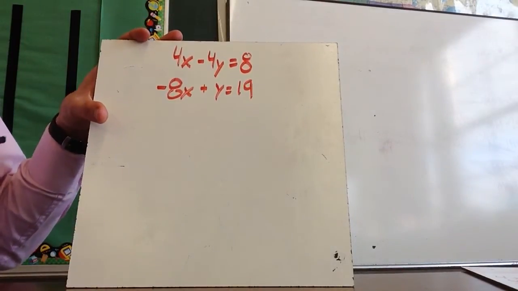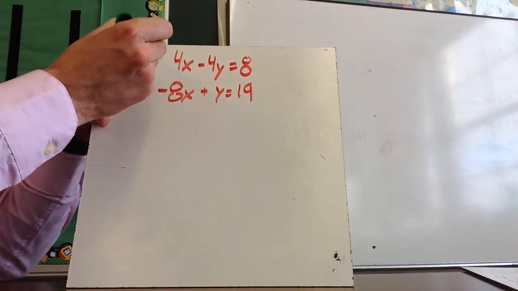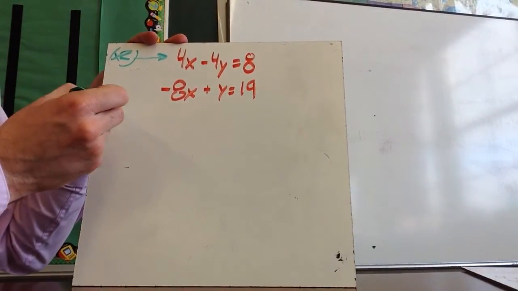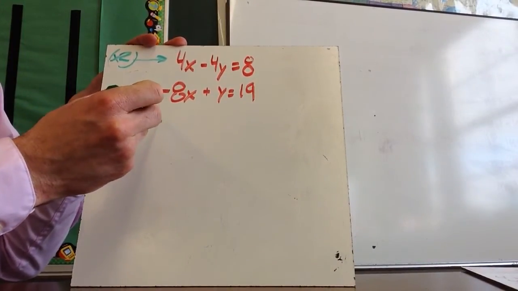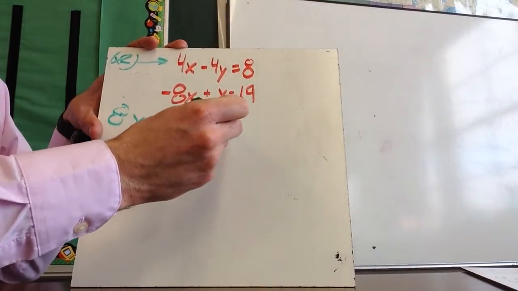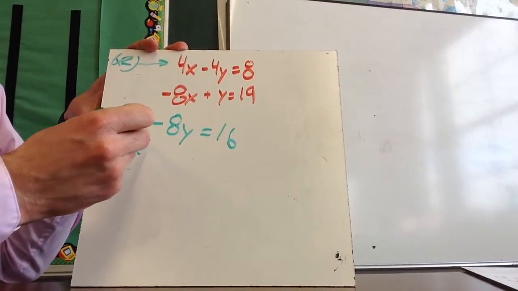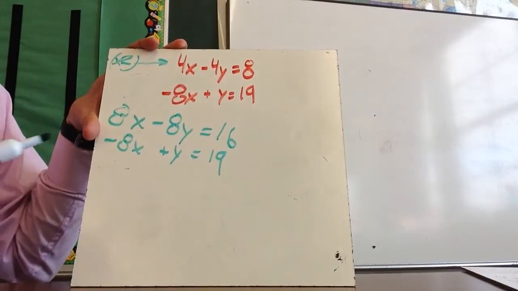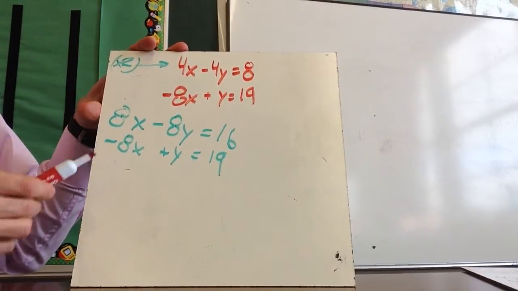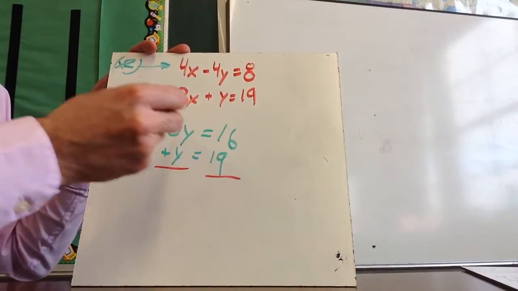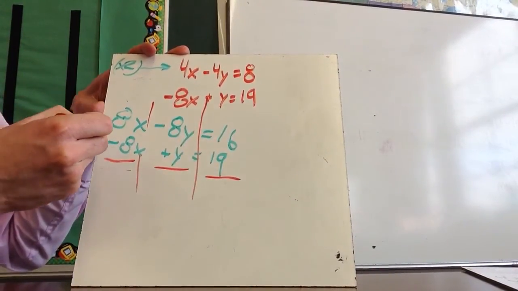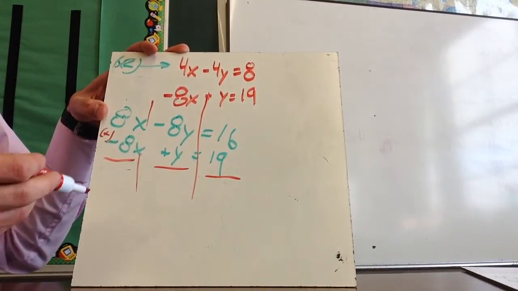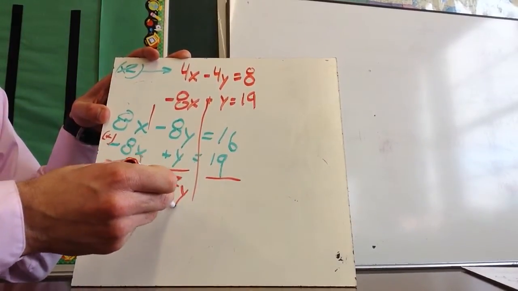So another way to solve this problem might be to try to multiply this top equation by positive 2. So this becomes 8x minus 8y equals 16. I'm going to leave the bottom equation as is: 8x plus y equals 19. It's just this times 2, this times 2, this times 2 is how I got here. Now, these two are opposites, which means I'm going to add. So I'm adding these columns, making sure we know that we're adding. This will go away. Negative 8 plus 1 is negative 7y